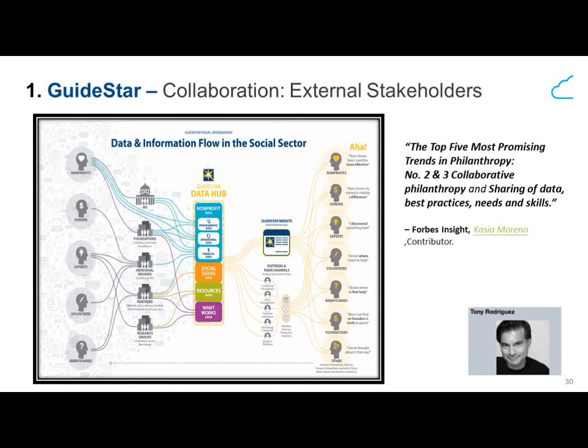External collaboration has become increasingly important for GuideStar. The mission that GuideStar is trying to solve is building the information infrastructure that will support all nonprofits, that will support all leading measures of impact and effectiveness. That is what we're trying to continue to build in the sector. What you see here is how we have diagrammed information flow as it's generated from donors all the way across to professional philanthropy in the middle, GuideStar next, and then ultimately to its beneficiaries.